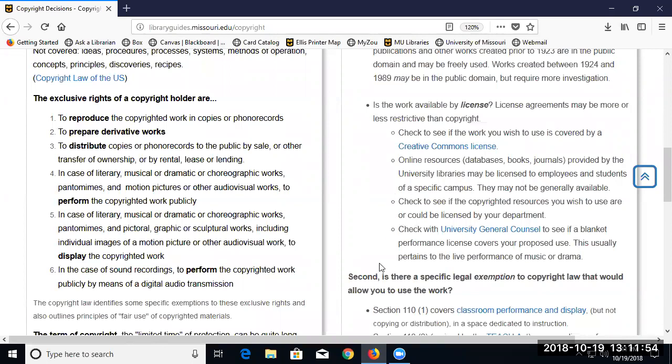Also, there are some blanket performance licenses, and that's handled through the General Counsel's office. I think these mainly pertain to performance of music. So instead of having a music school have to go out and get a license for every single piece of music they're going to perform in concert, there's a blanket license that would cover all of those performances and the use of music for that kind of purpose. And it's like one fee goes to the professional association and covers all of that.